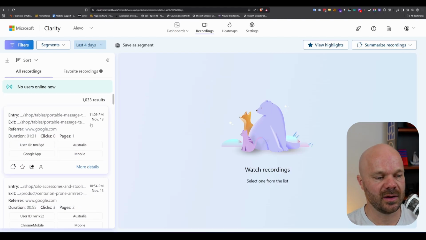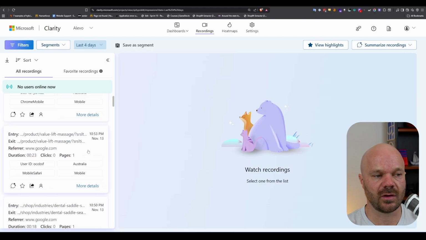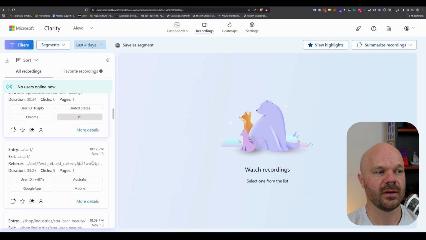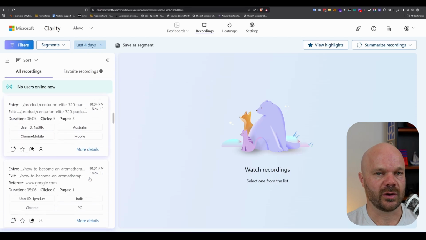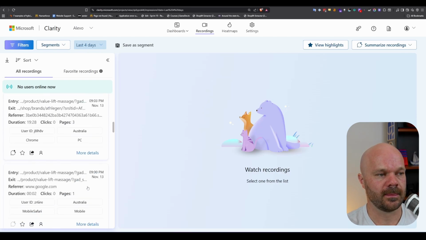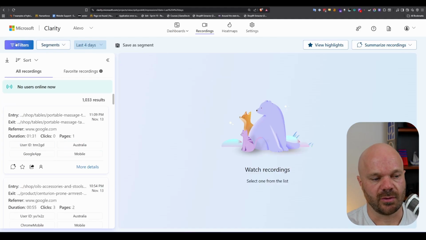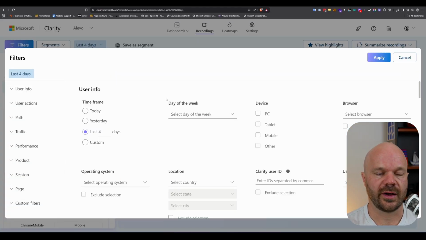This person came in from India, and these guys don't even sell to India. So a lot of this data is junk. And what you have to do is work your way through the filters. In this case, for the filters, what we want to do is find a smart event. So Clarity gives you a whole range of stuff. I don't love this filter layout, but what they give you is a way to filter by time frame,